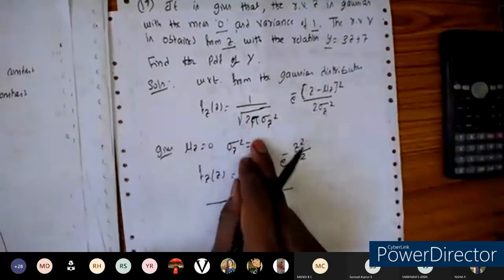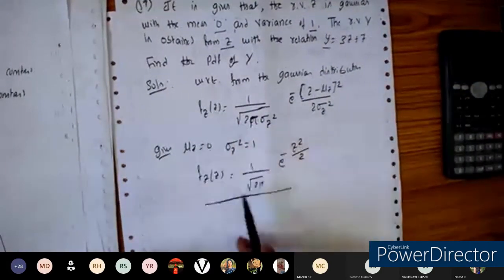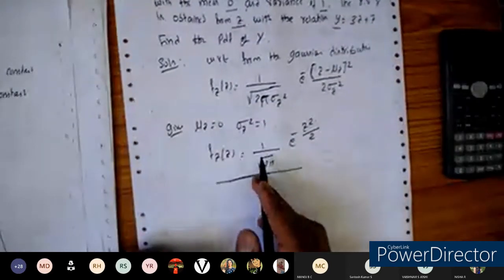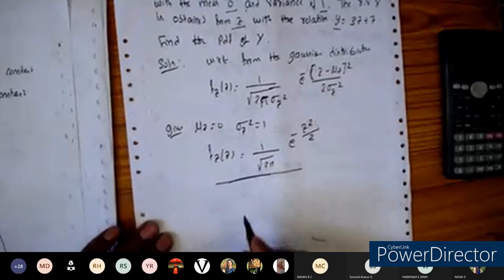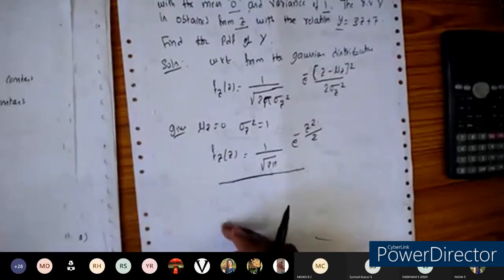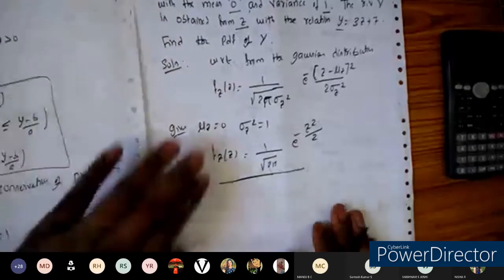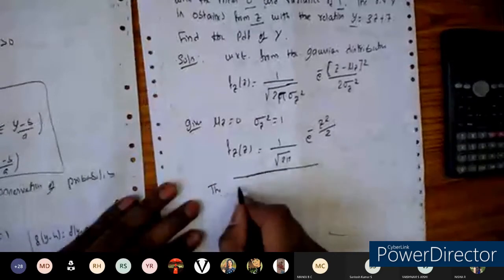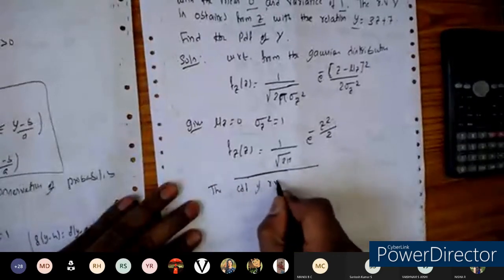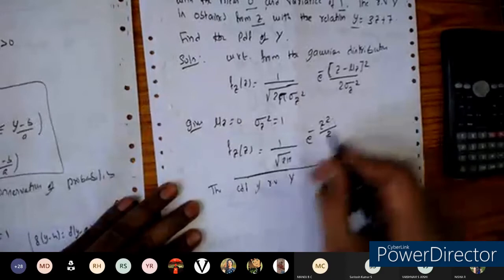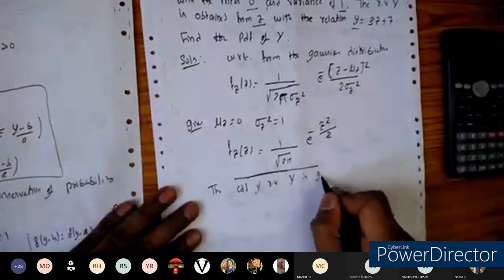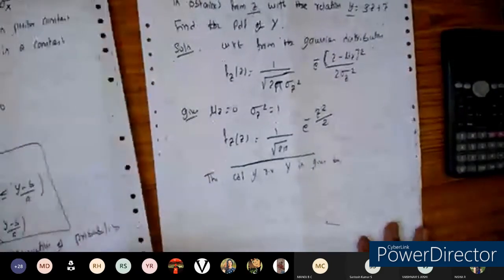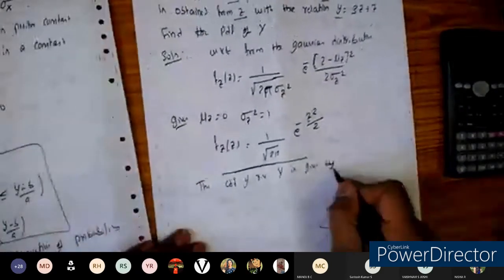Okay. We took the Gaussian distribution formula in the last class, substituted the mean and the variance, and we got this here. Now we need to find the new random variable y. By using the relations you saw in the previous concept, let us find it here. You can take the CDF of the random variable y.